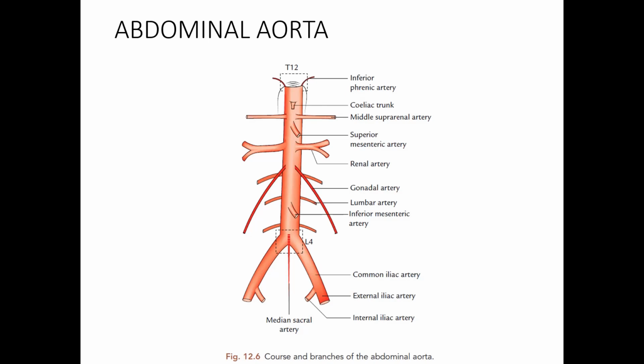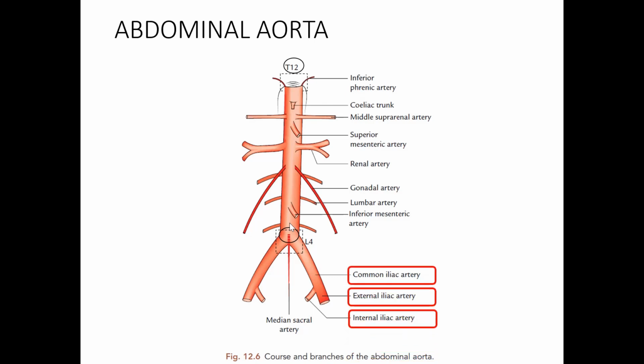Okay, so this abdominal aorta has its extent from the vertebral level of T12, once it pierces the diaphragm, the aortic orifice of the diaphragm, and after that point it is called the abdominal aorta until the point of the L4 vertebra. So at the point of the L4 vertebra, the abdominal aorta divides into the common iliac artery on both sides. Okay, so you have a right common iliac and the left common iliac artery.